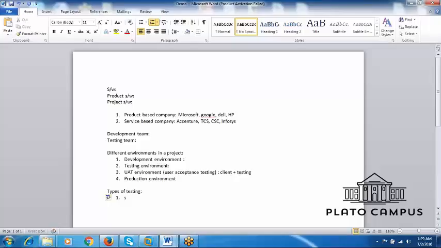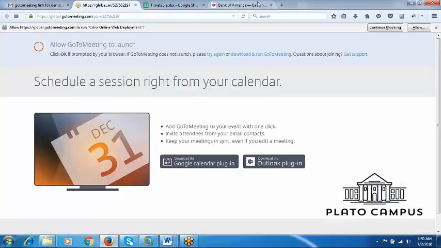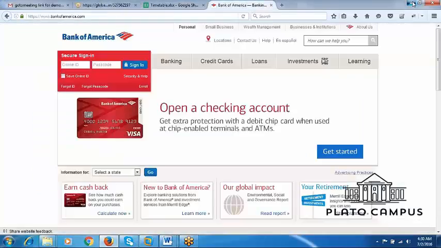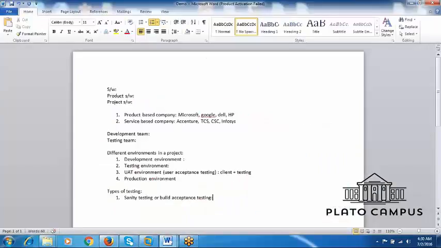First one, sanity testing, or you can even call it build acceptance testing. So what is sanity testing? Sanity testing is nothing but testing the major functionality of the application.